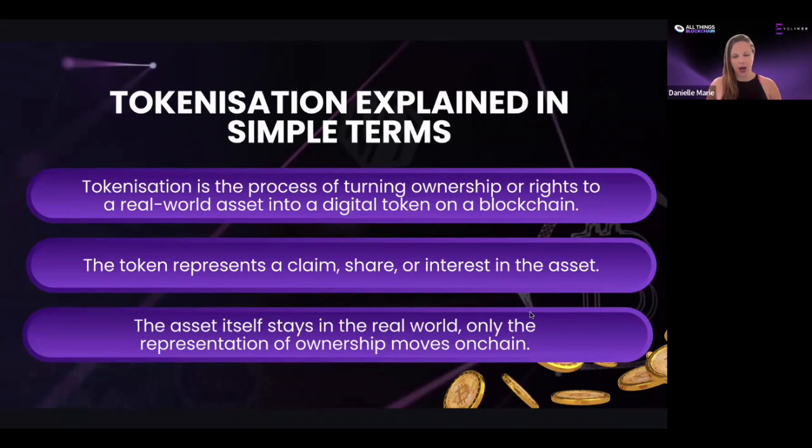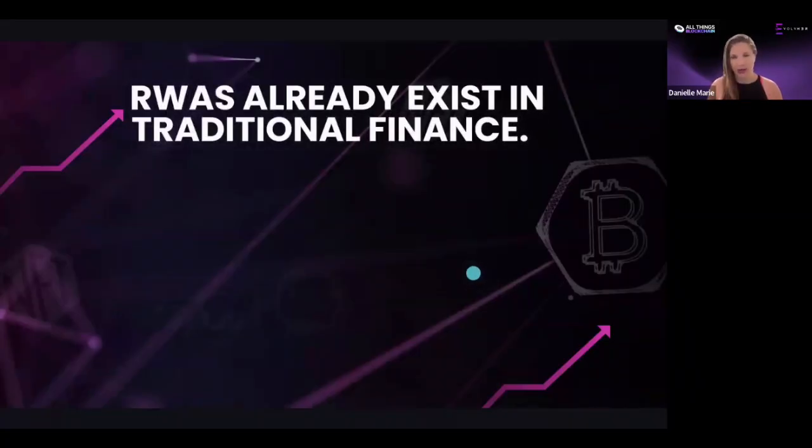So once the ownership of the real world asset, if we keep using the phone, or if we use property as an example, is on chain, then it becomes quite easy to verify, and have transparency over the transfer of the ownership once it's on chain. But there are things that we need to be thinking about before they come on chain, which we'll unpack in just a moment. But when you think about real world assets, they already kind of exist in traditional finance.